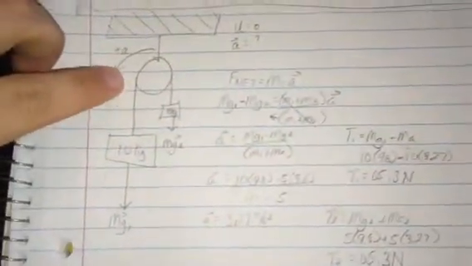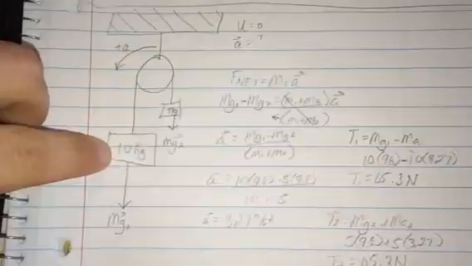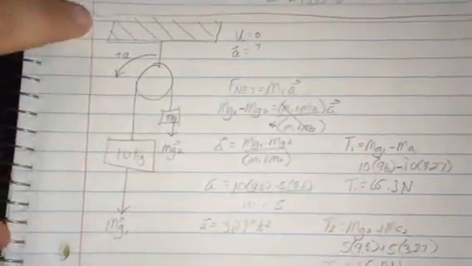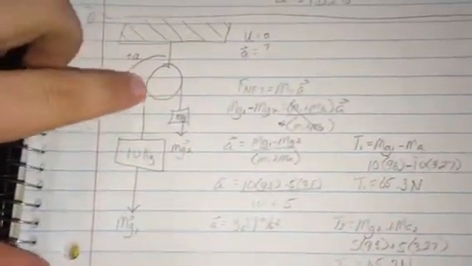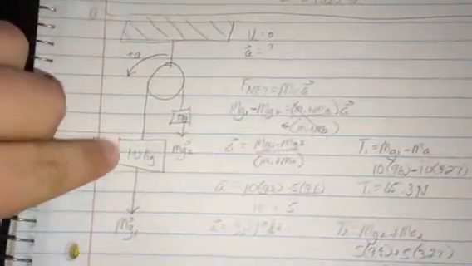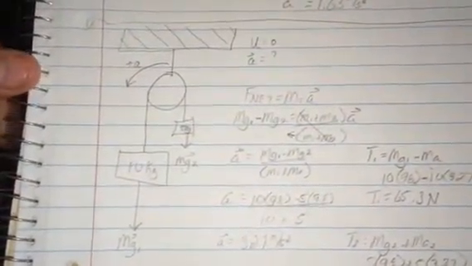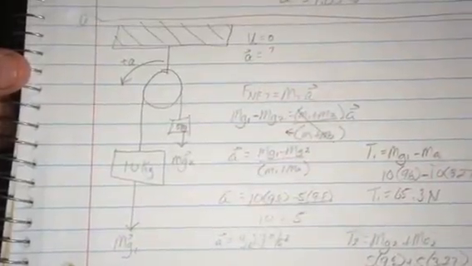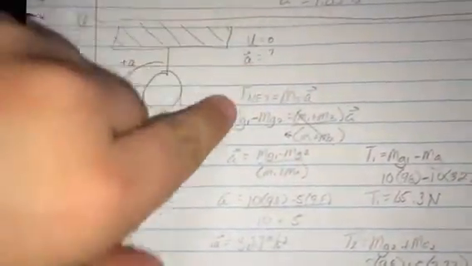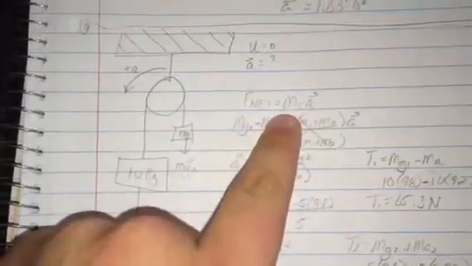Alright, for this problem, we have a diagram right here. It's a pulley with a 10 kilogram mass and a 5 kilogram mass. We can say that the direction of the motion is going to go this way because this is heavier than that, obviously. Okay, now to get the acceleration, we say that F net is equal to the mass total times